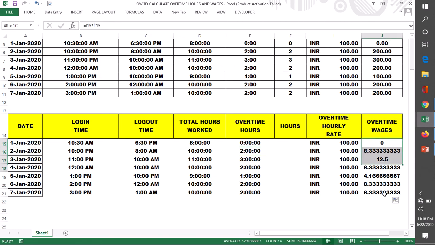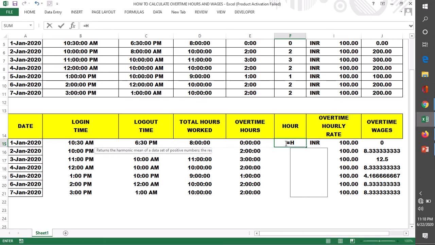So to resolve this error, we will apply the HOUR formula, right? Because it's showing error while doing the multiplication with the overtime hourly rate, we will convert it into the hour first and then we will multiply.